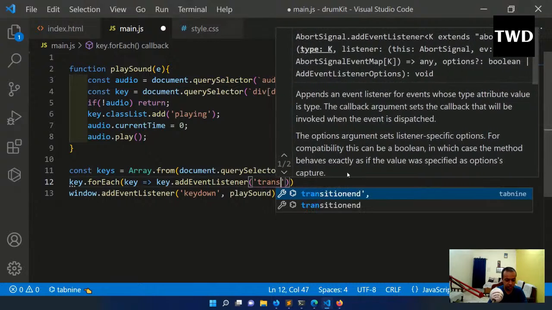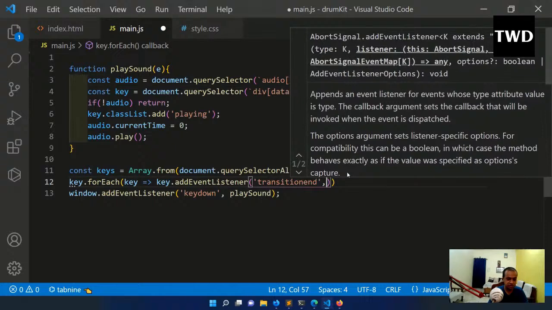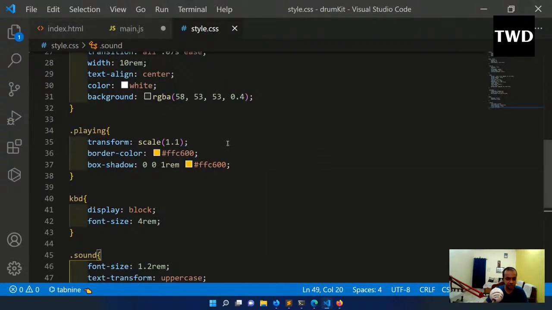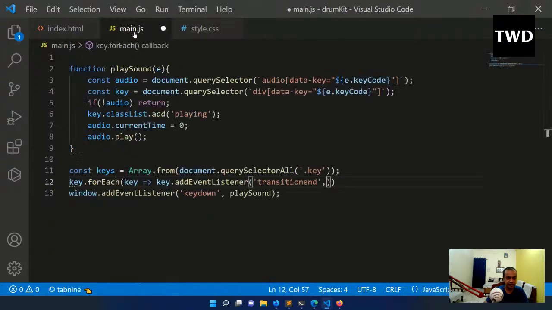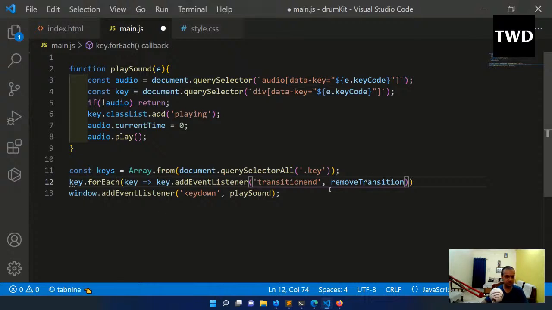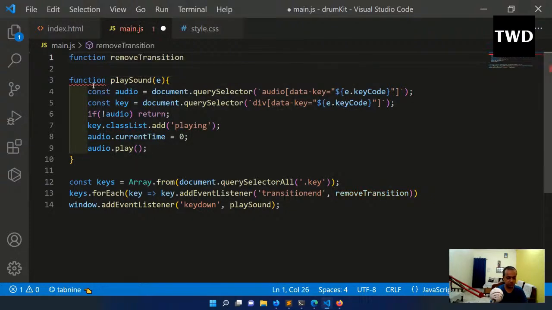Okay, so transitionend, which means when the transition will end. There is a transition when I place this. So when that transition ends, what I have to do is removeTransition. It is not key, it is keys. So removeTransition is a function which we have to create. Let us create it at the top. function removeTransition(e),